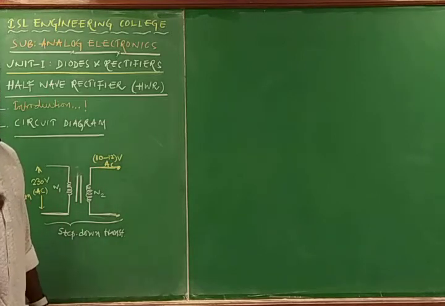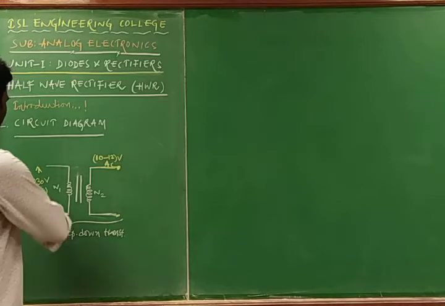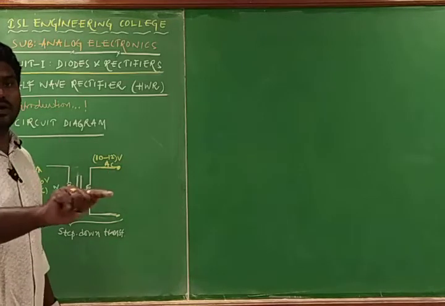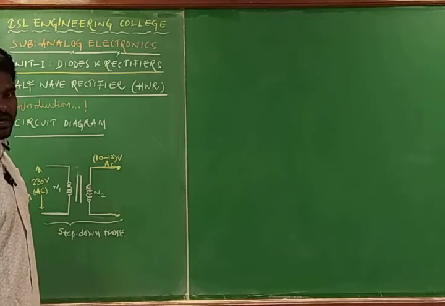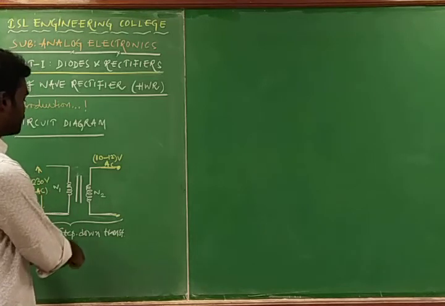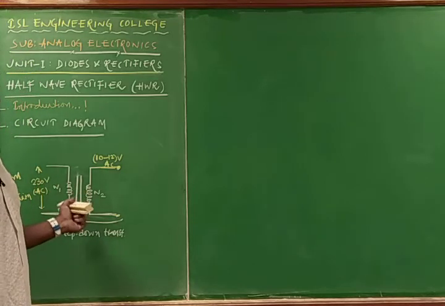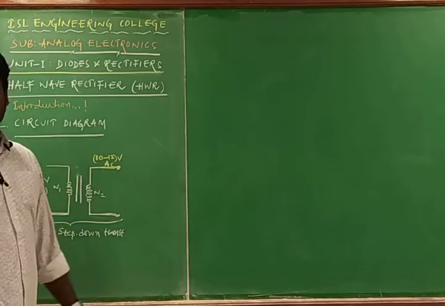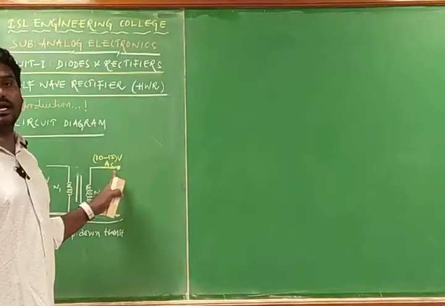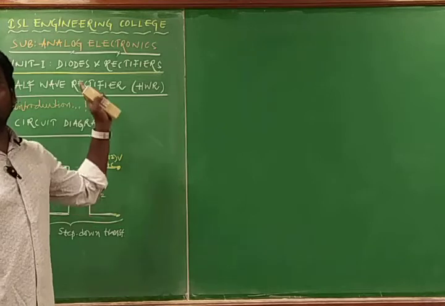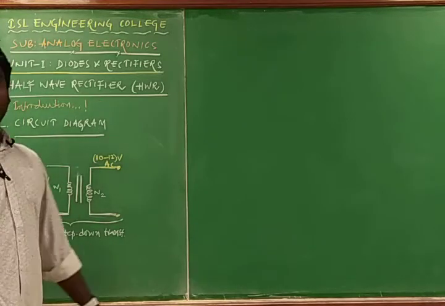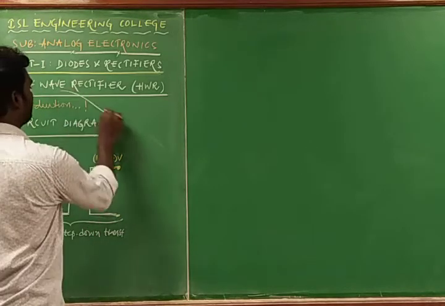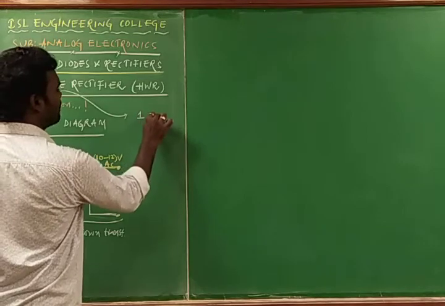What is the necessity of having the transformer in the rectifier? If we directly connect the 230 volts of AC signal to the diode, the diode gets damaged and bursts. To avoid that problem, we use the step down transformer, such that it reduces the input voltage from 230 volts to 10 volts of AC. Now this can be connected as an input voltage for the rectifier circuit. Which rectifier are we going with? We are going with the half wave rectifier. In the last class I explained the half wave rectifier. Half wave rectifier makes use of only one PN junction diode.